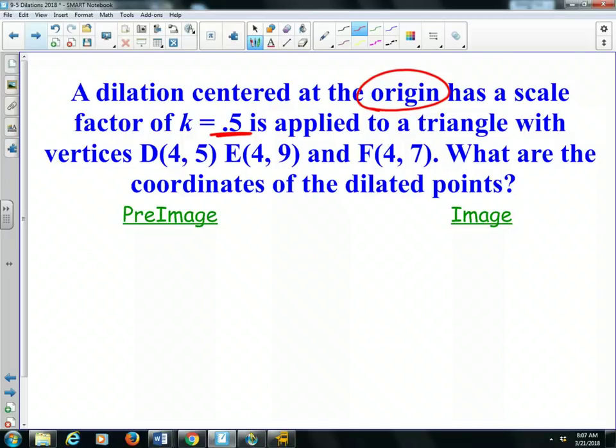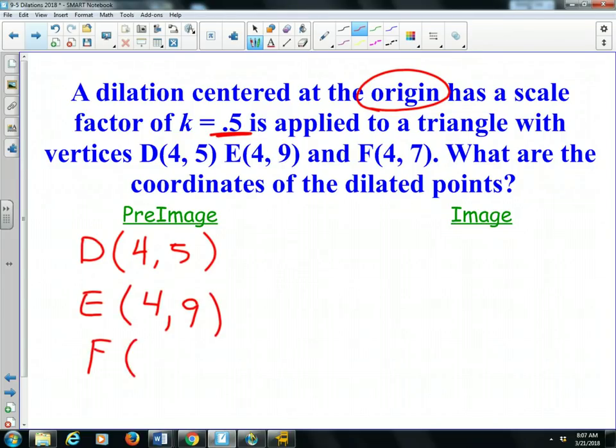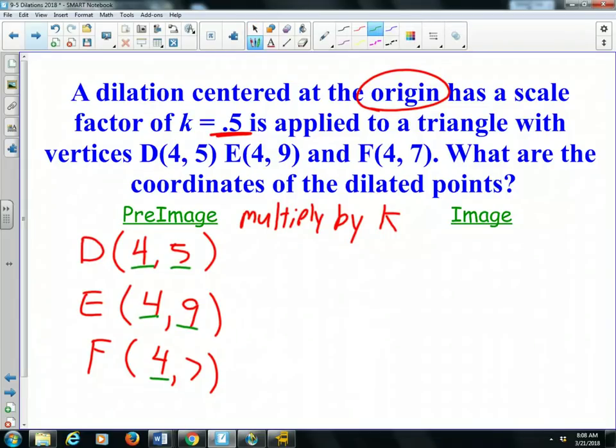So if I have D, E, and F, that's my preimage. So I'm just going to write that right over here. 4, 5 is point D. Point E is 4, 9. And point F is 4, 7. If I want to find my image, I simply multiply by the scale factor. I'm simply going to multiply by k. Okay? So each and every one of these points, I simply multiply by